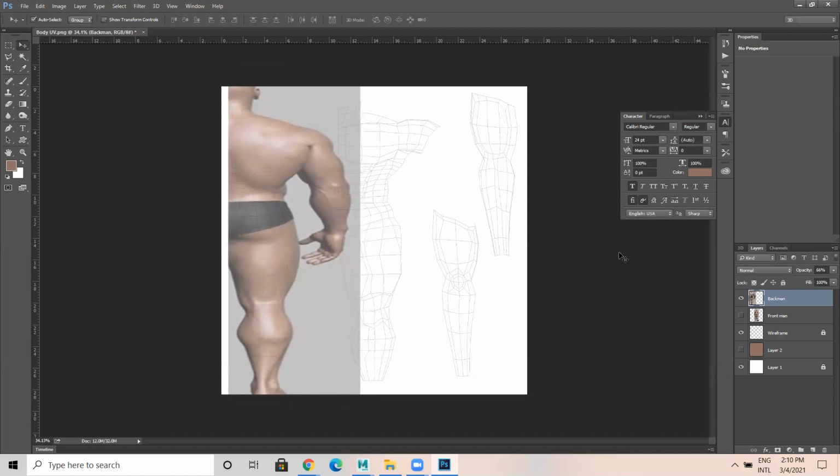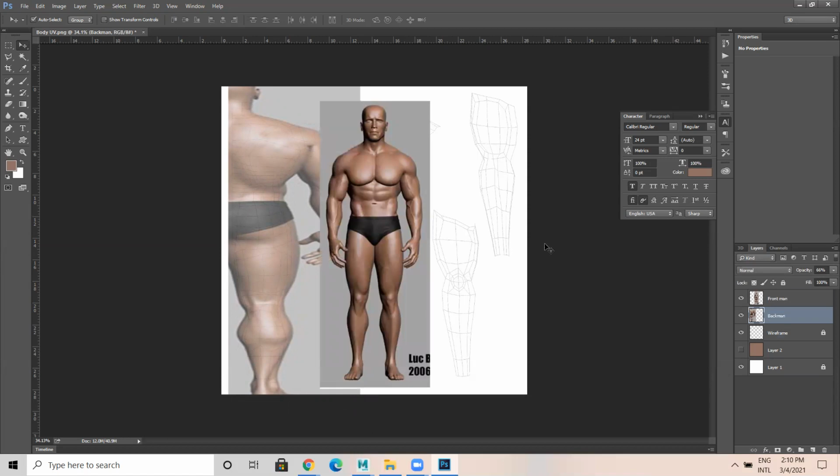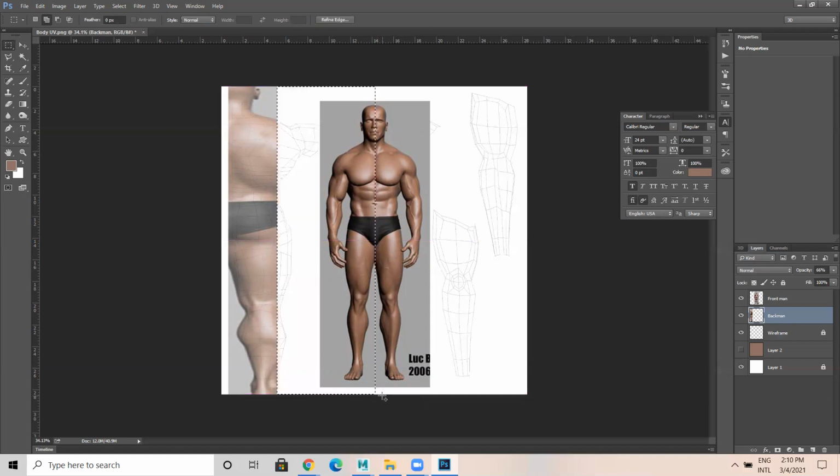Enter. So now what I'll do, I'll take this front view. Again, front view, I'm gonna chop this exactly. I need to cut this into half. I'm gonna delete this.